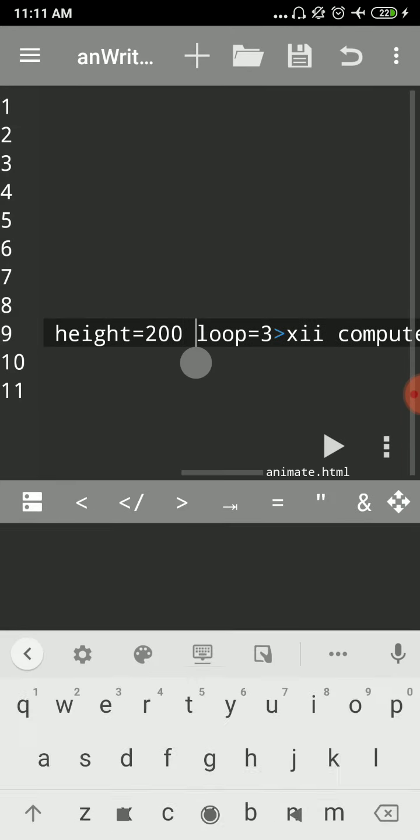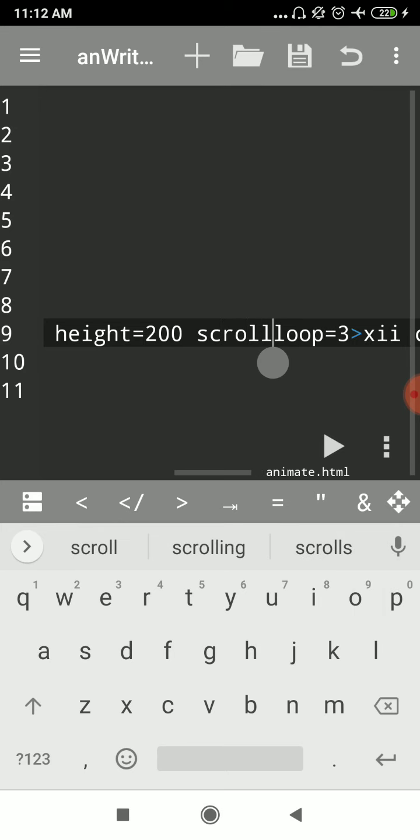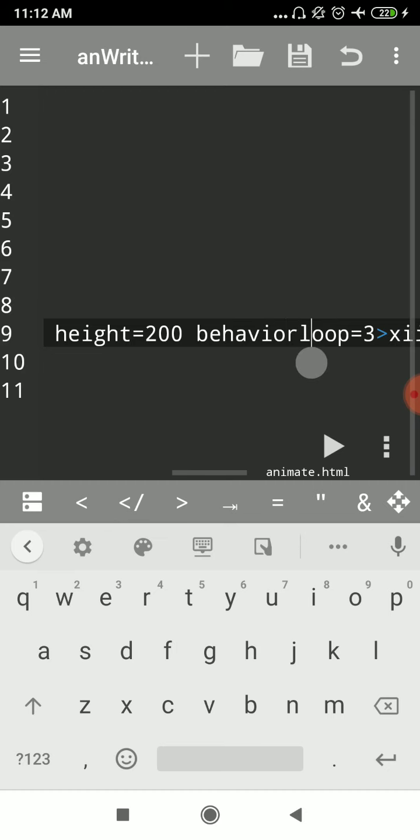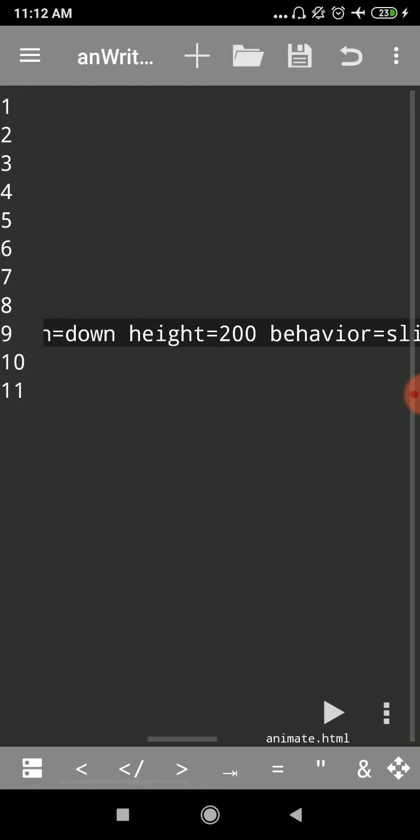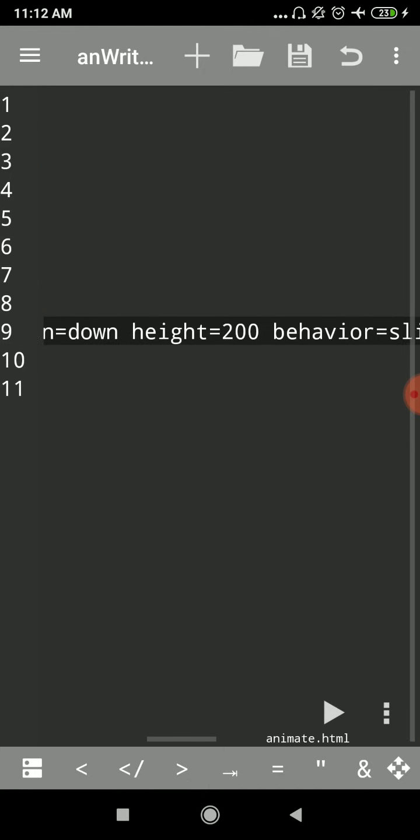Okay, so behavior, one, two, three. Okay, so this is a loop property where you can stop the repetition of scrolling in the coding page.